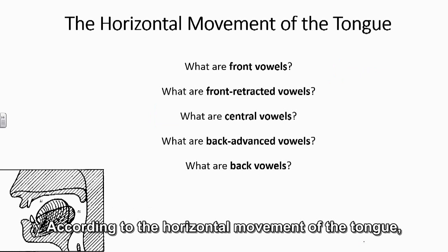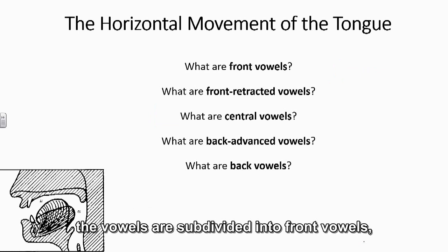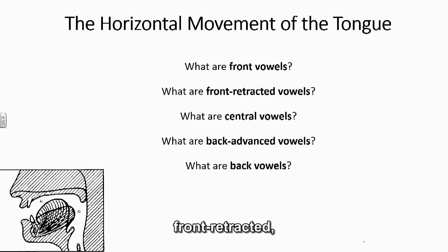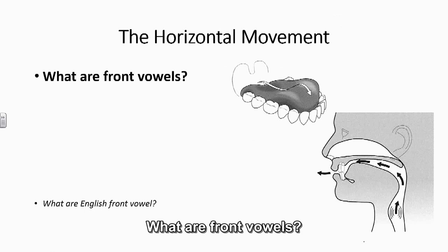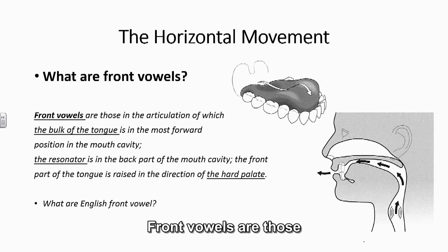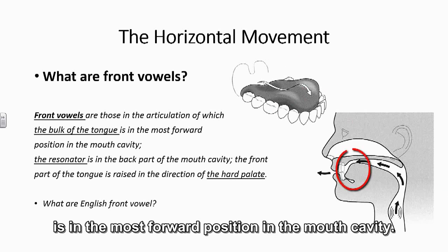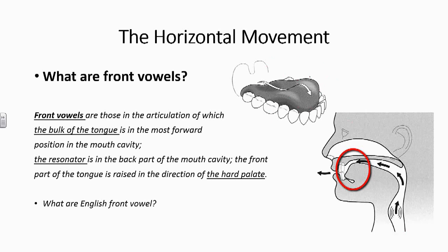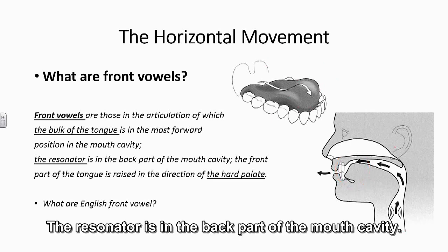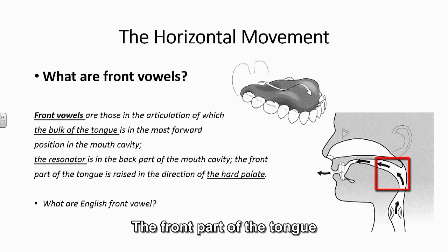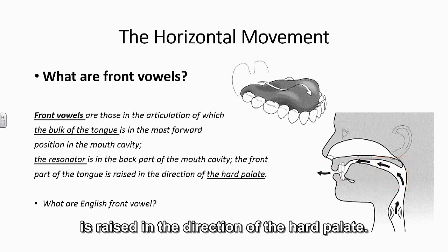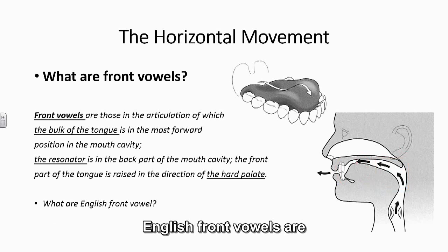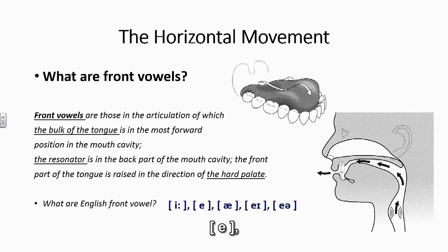According to the horizontal movement of the tongue, the vowels are subdivided into front vowels, front retracted, central, back advanced, and back. What are front vowels? Front vowels are those in the articulation of which the bulk of the tongue is in the most forward position in the mouth cavity. The resonator is in the back part of the mouth cavity. The front part of the tongue is raised in the direction of the hard palate. English front vowels are E, A,